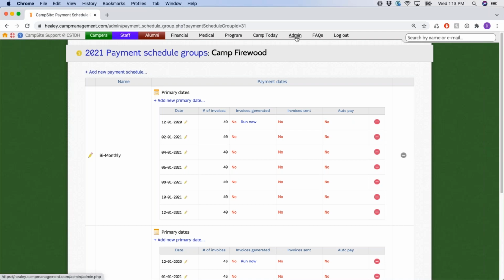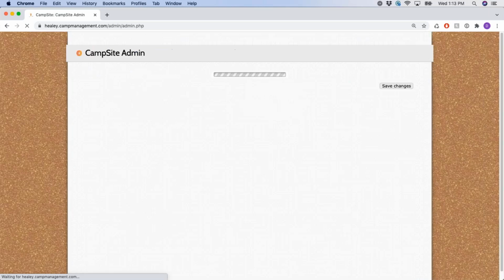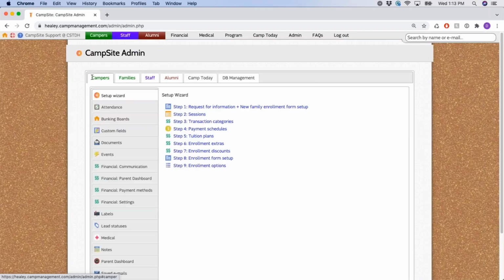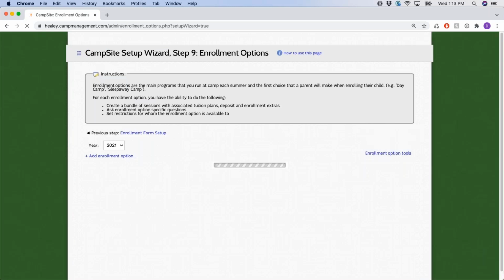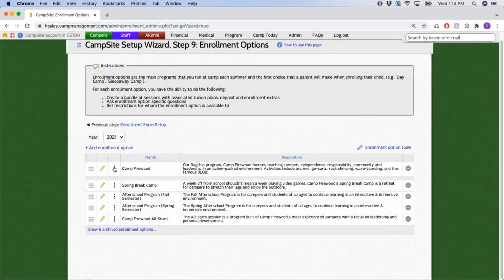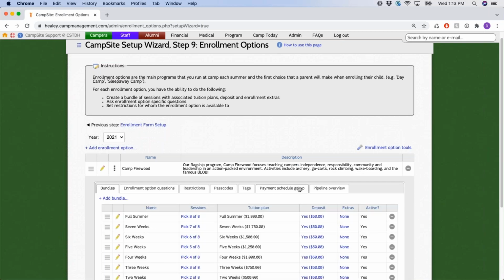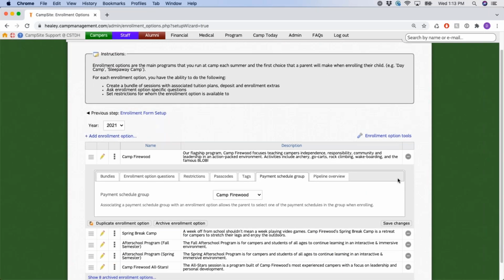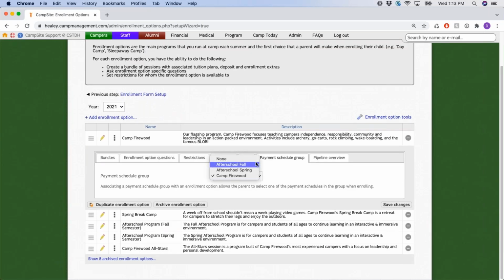So in order to do that, you want to click Admin here at the top. And then again, under Campers Setup Wizard, you want to select step 9 Enrollment Options. And then next to the desired enrollment option, you double click on the 3 dots next to its name, and then you would select the Payment Schedule Group tab. From here, you can choose any of the payment schedule groups that exist on step 4 for the current year